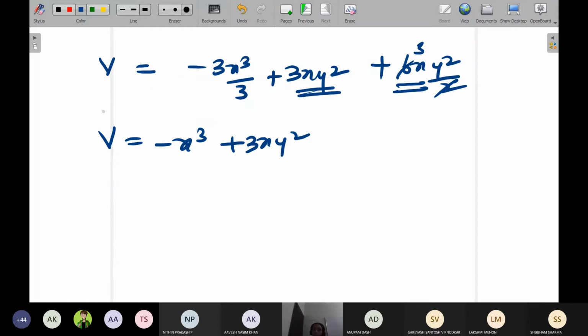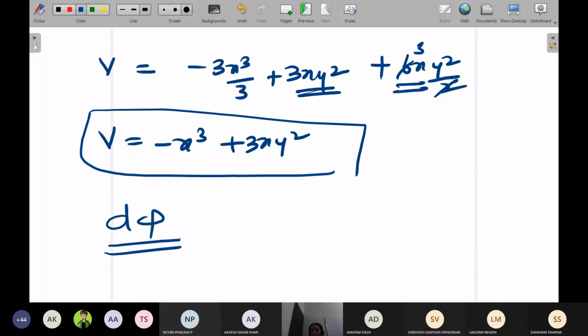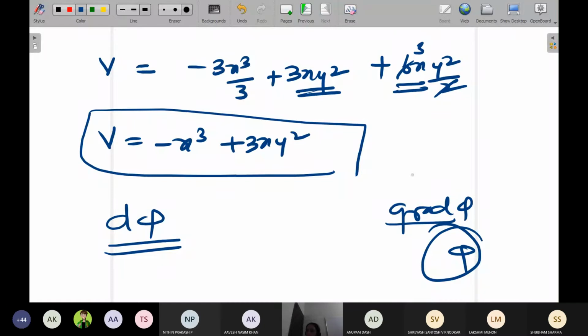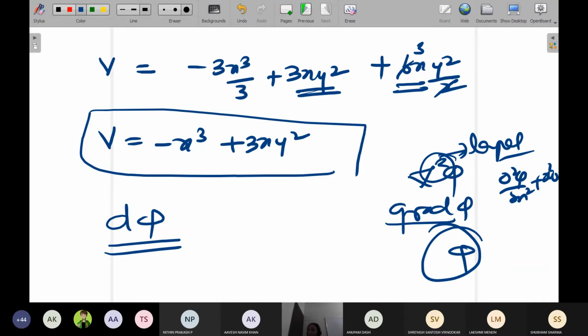When you are finding d pi, you remember you find out grad pi. From the grad pi, we find the scalar potential pi. You remember from the grad, what is grad pi? Del square pi. Del square is your Laplace equation, del square pi by del x square plus del square pi by del y square. So when you're finding grad pi, you will omit the repeated terms.